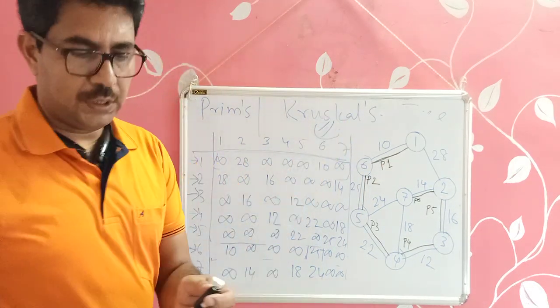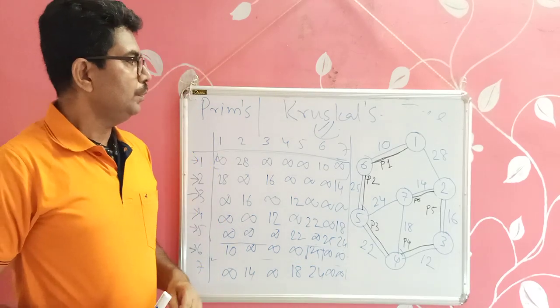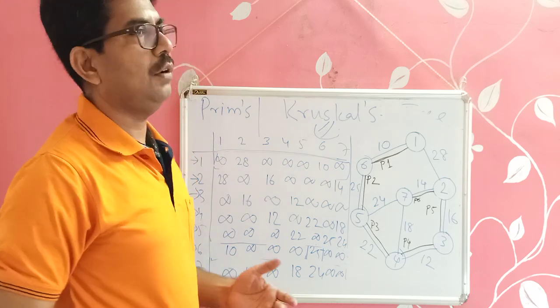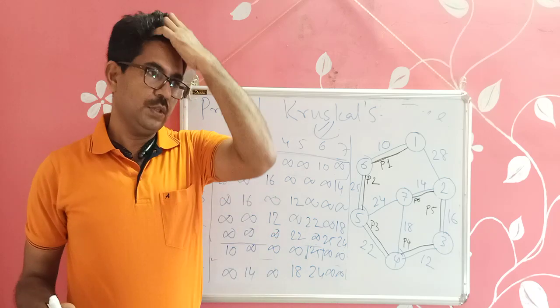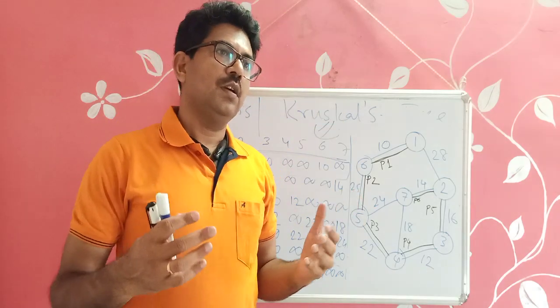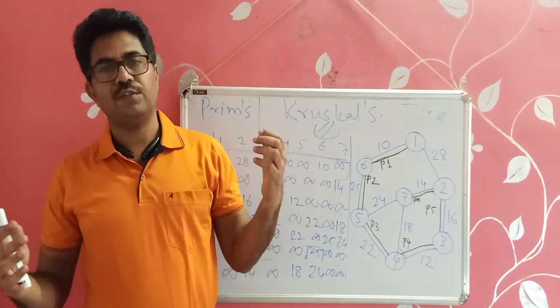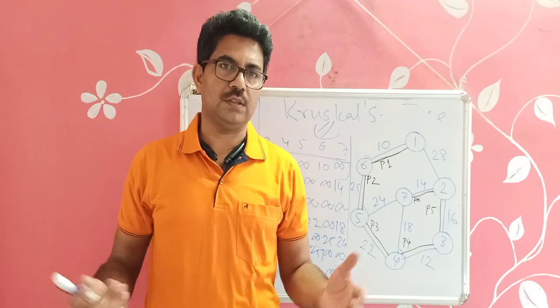We will apply the Kruskal algorithm with the same graph. Kruskal says that you start with a null tree. Kruskal suggested that you sort the forest first and you add all these forests to get a tree, nothing else.